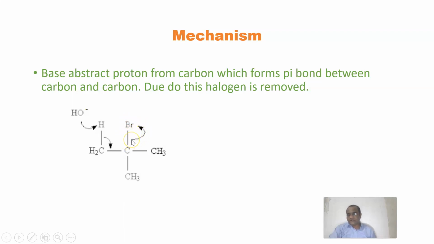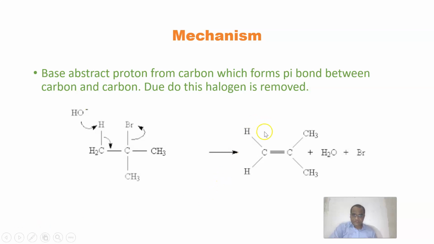The meaning of this is that when a bond breaks in this way, Br will have a negative charge. If the bond breaks in the opposite direction, Br will have a positive charge. But it does not happen because carbon is more electropositive than bromine. Bromine is more electronegative than carbon, so bromine carries away the electrons. As you all know, halogens are more electronegative than almost any other atom in the periodic table. That is why it breaks towards bromine.